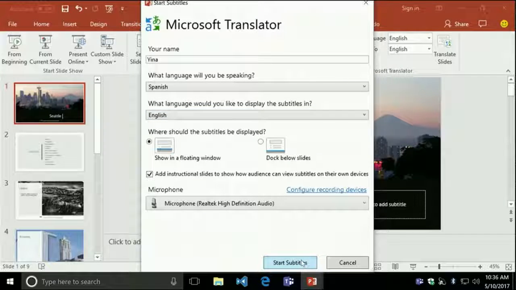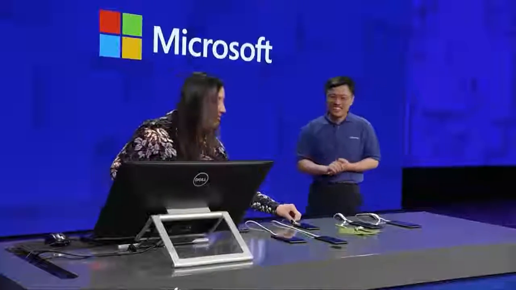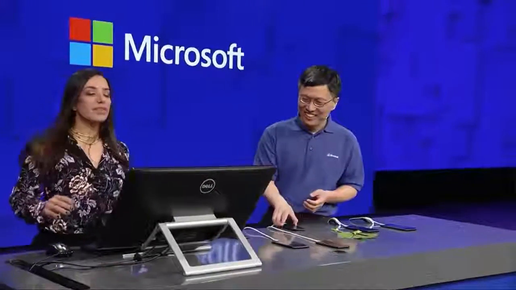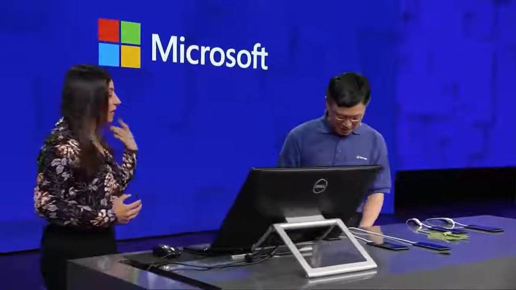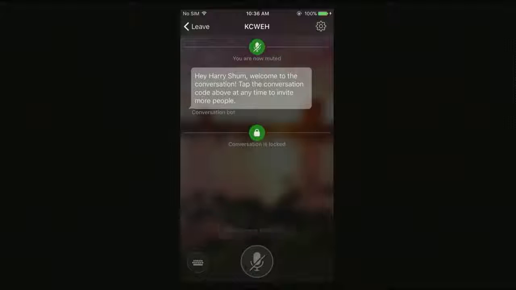Before the presentation starts, a few slides will be added to help attendees get transcriptions on their own device and language. Harry, please join as an attendee on this iPhone's Translator app. All right. You will be asked to provide your name and the language you want to use. So I look at the barcode. OK, great. So attendees can also use this in the same language to help meet accessibility needs. OK, Harry. Are you in? I think